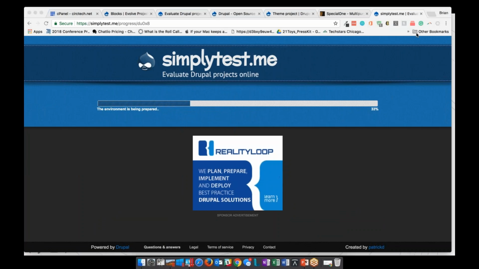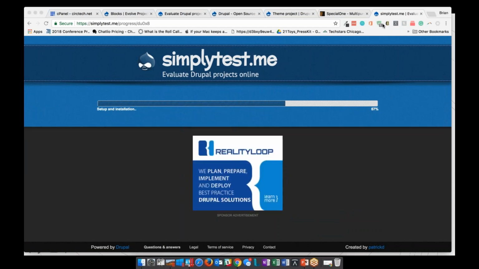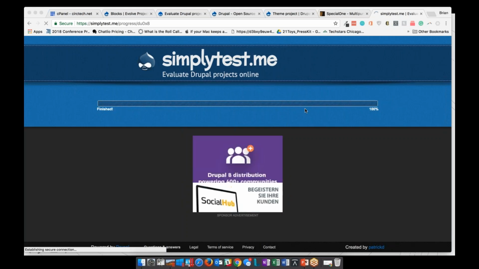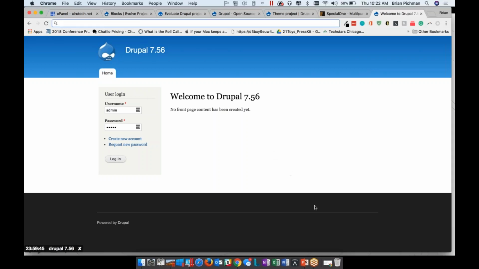And within seconds, if we all do it at the same time, I wonder if we can take down the site. But it should take only a couple seconds to build us a Drupal page that the whole world can have access to. And it lasts about an hour, I believe. Or, no, sorry, 24 hours. After 24 hours, the Drupal site deletes itself. So we built our first website,